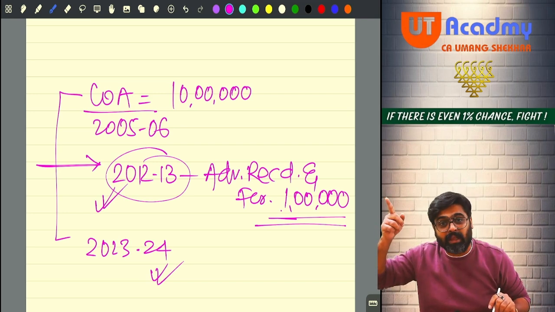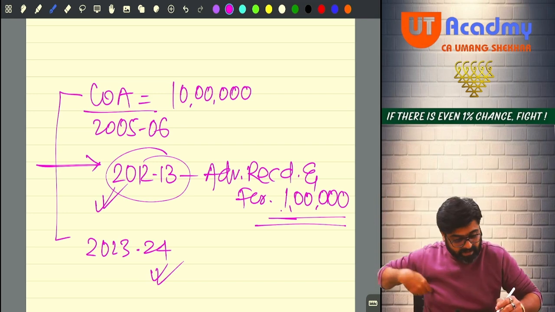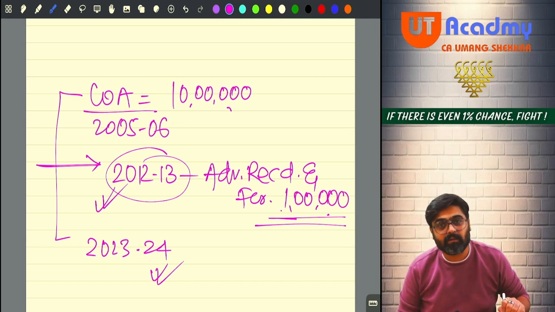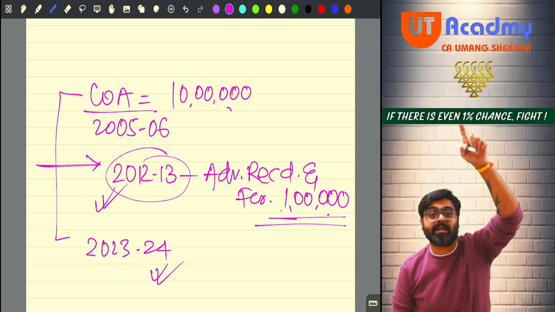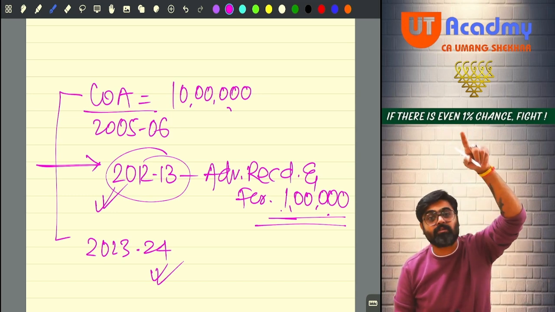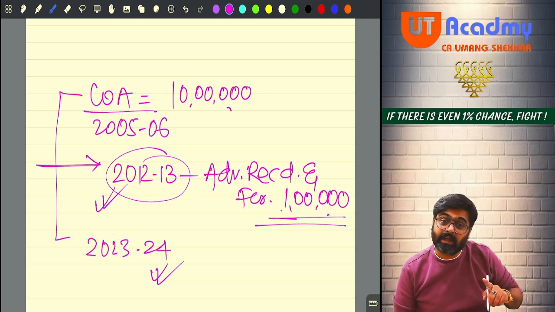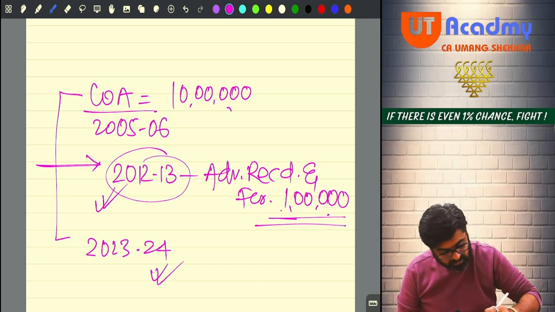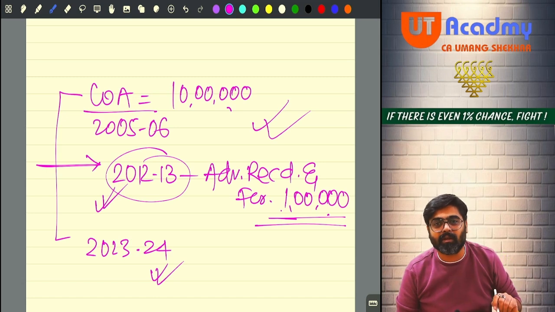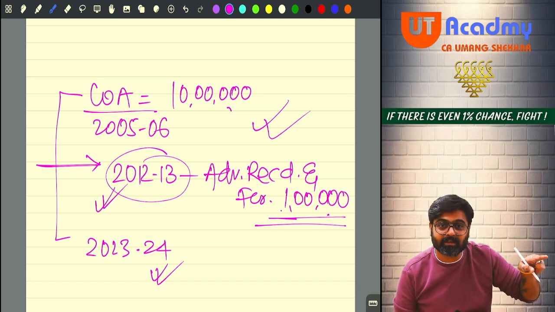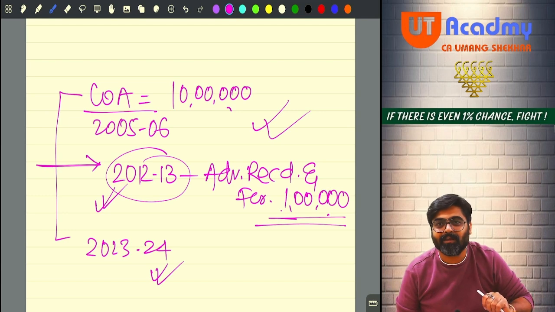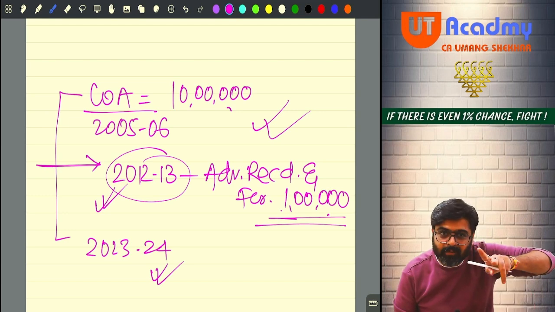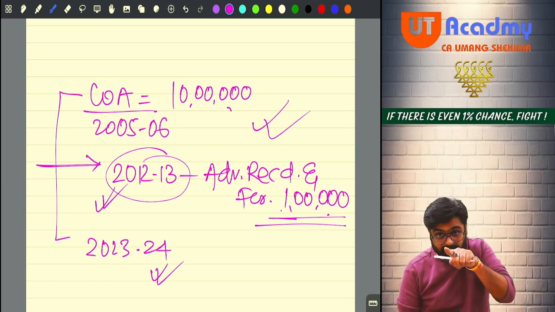But the department was saying, no, you cannot do it. First do one thing, reduce this 1 lakh from 10 lakh. How much is the cost now? 9 lakh. Now index that 9 lakh from 2005-6 to 2023-24. Now in this case, indexation for this period on 1 lakh is not available. Assessee wanted to claim more indexation. Department is not giving that indexation which should be available. Getting my point? So there was always a fight between the assessee and the department regarding this area also.